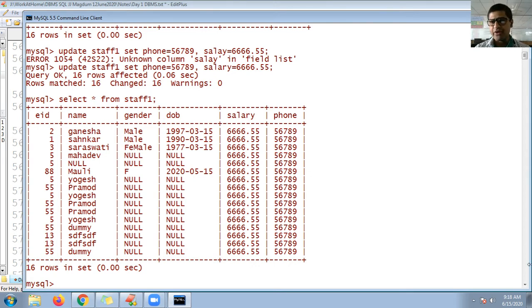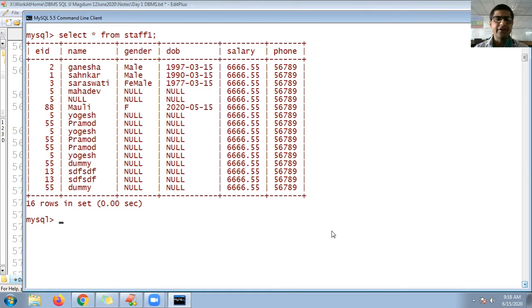Now I want to show by using the where clause. So here update staff 1 set.